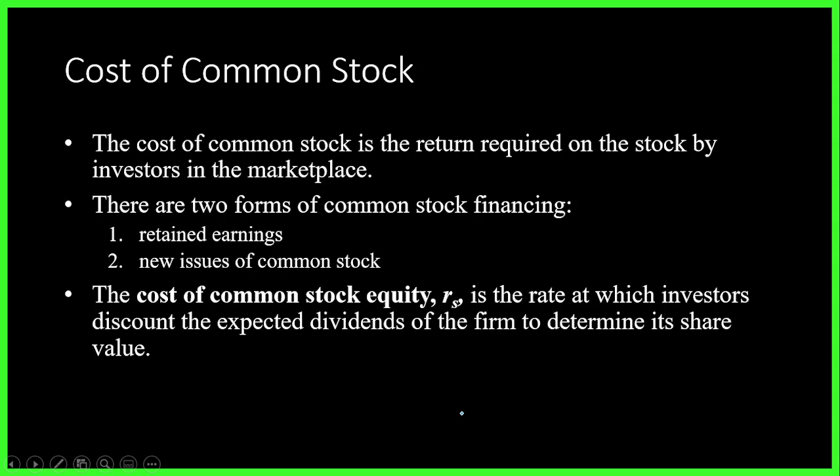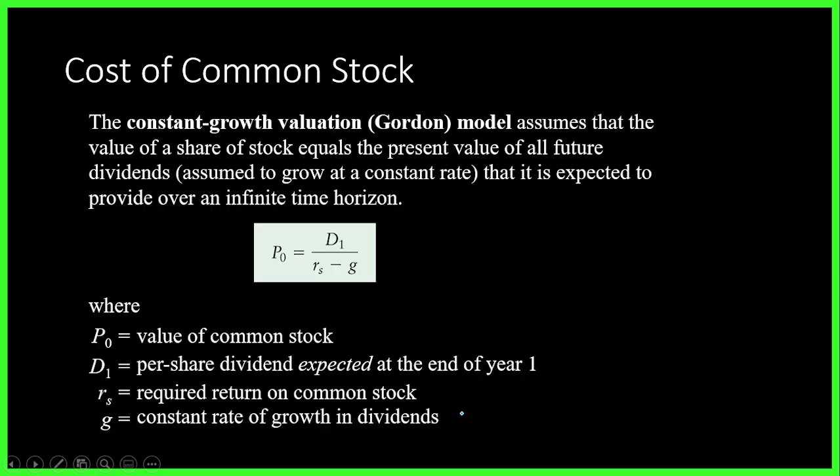Now, let's continue with your cost of common stock. Dalawa po ito. It comes in the form of retained earnings and new issues of common stock. If the project or the investment will be financed by existing common stock, we just use the cost of retained earnings. But if we are going to issue new stocks, we use the cost of newly issued stocks. As of this point, we are just going to discuss first the cost of common stock, which is the cost of your retained earnings. Now, how do we compute that?